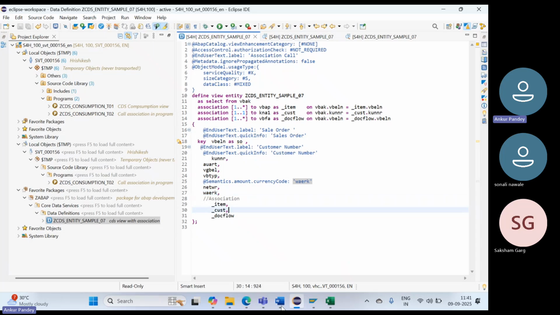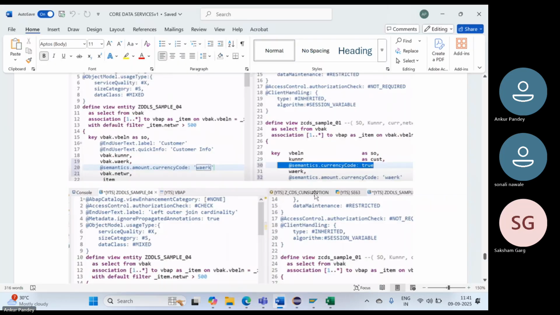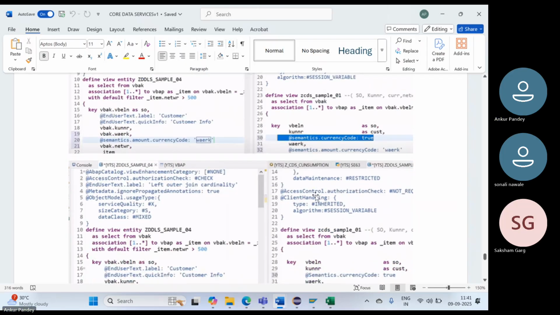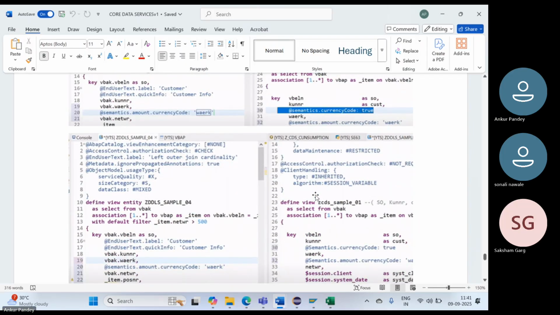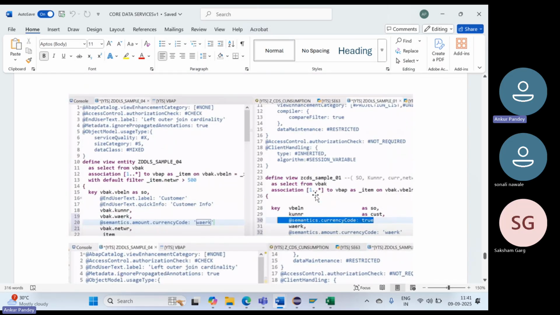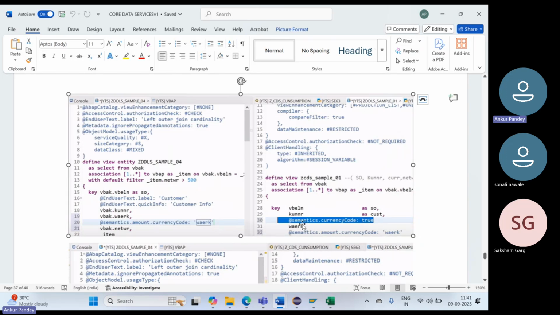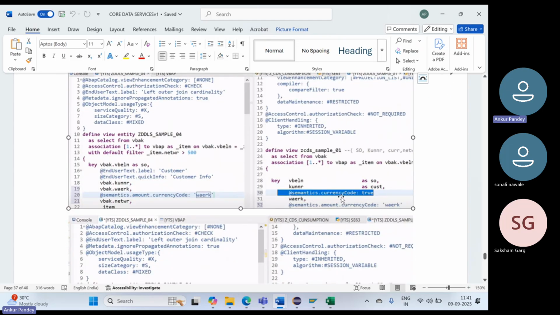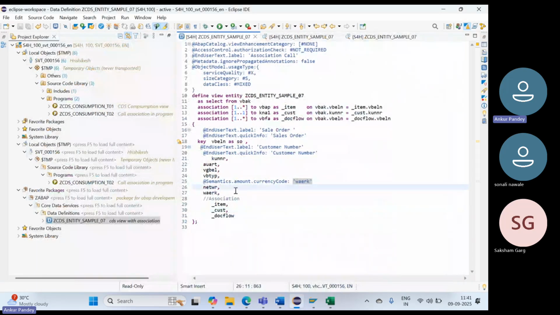So like that, semantic. So in old CDS, right? Old CDS, like define view. You can see here define view. In define view, you have to give one more syntax: semantic company code is equal to true. Like in old, if you are using define view, then you have to use